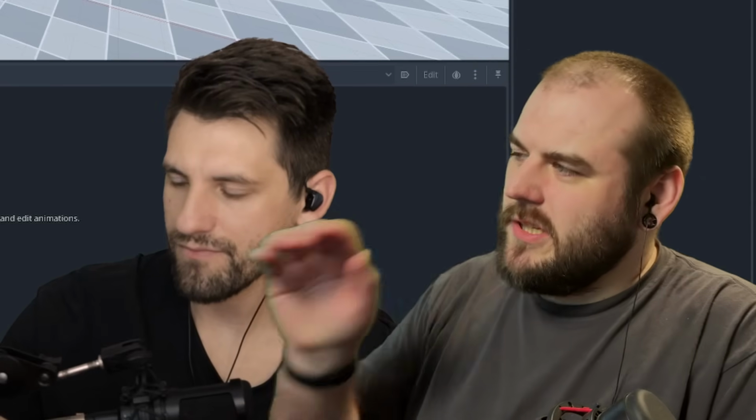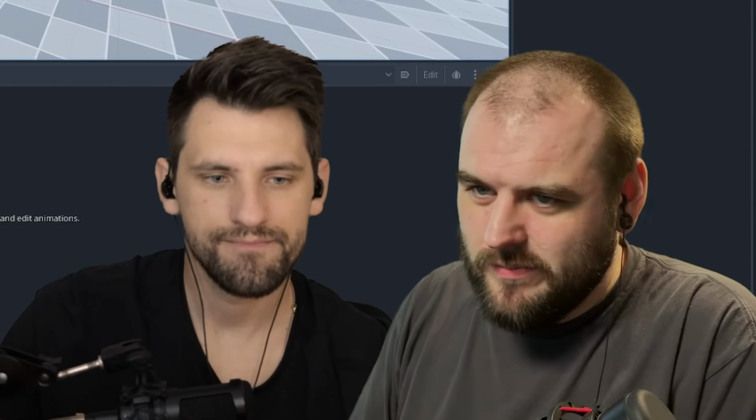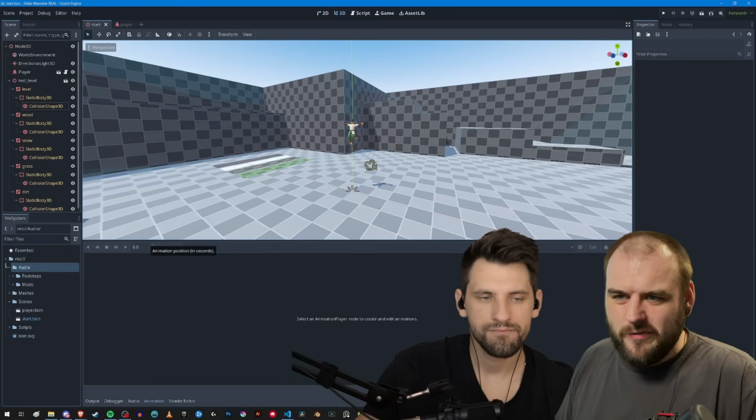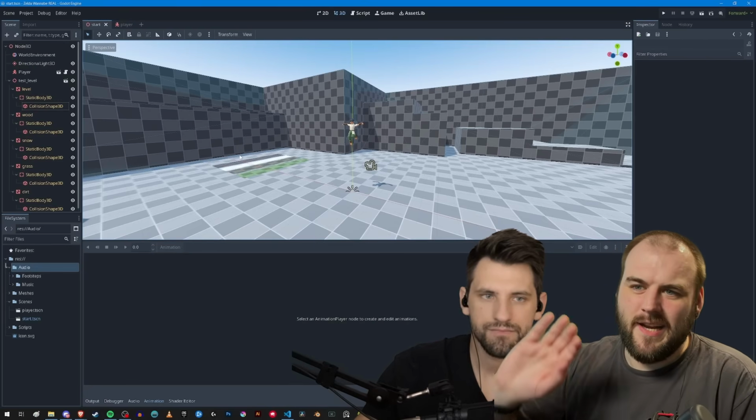Yep. So the first thing we'll do, let's introduce you to the audio player node, or audio stream player node. And there's 3 of them. One is for just general sound effects, music, whatever. That's actually what we're going to be adding for this scene, because we're going to start by adding in some